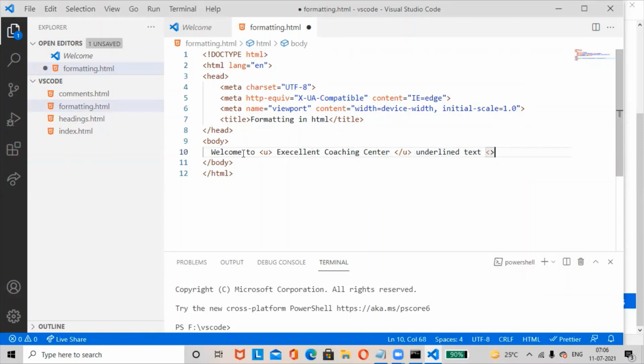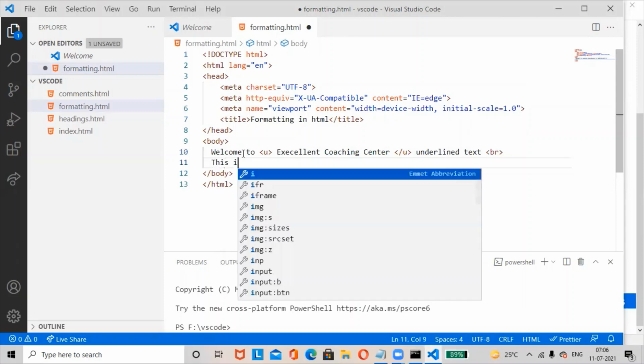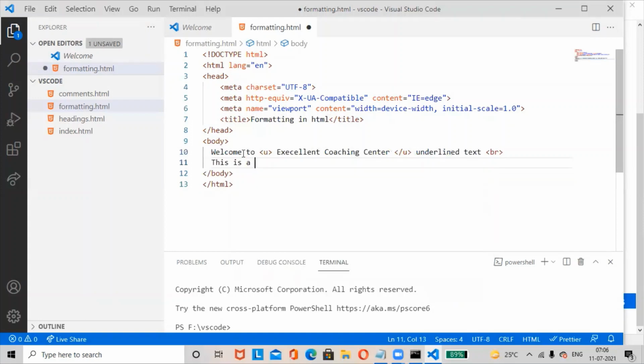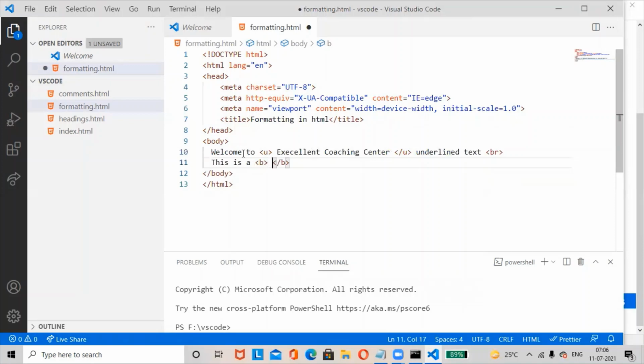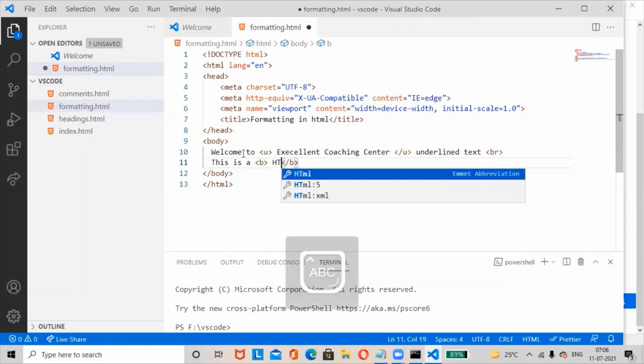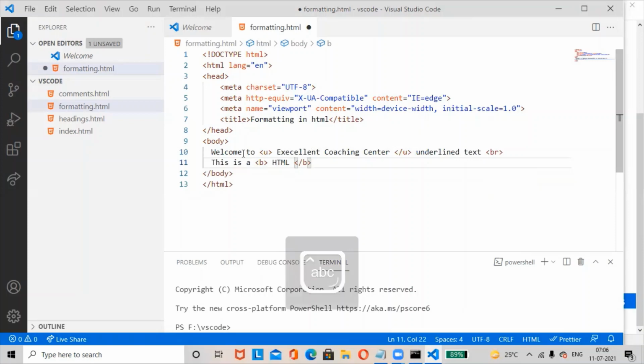Add the break tag at the end. Then next bold text. This is a HTML tutorial. Add the break tag at the end. Then next one,